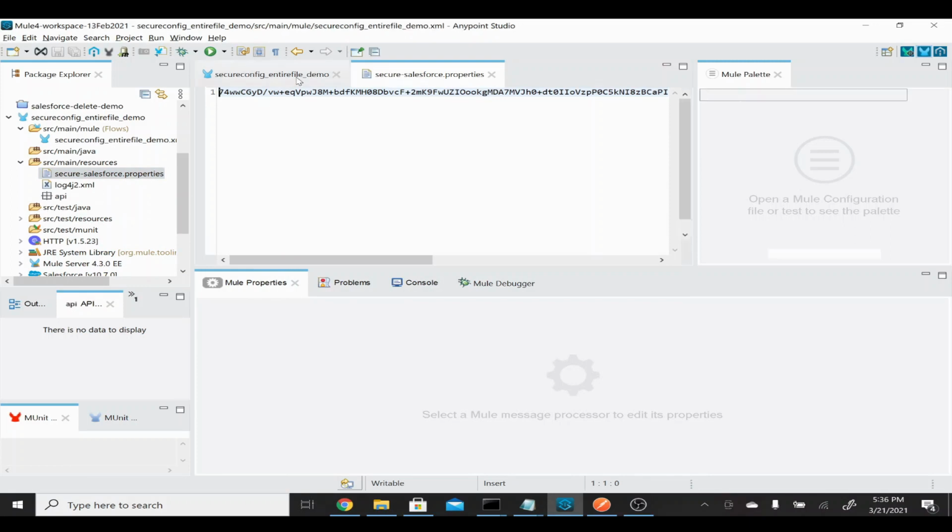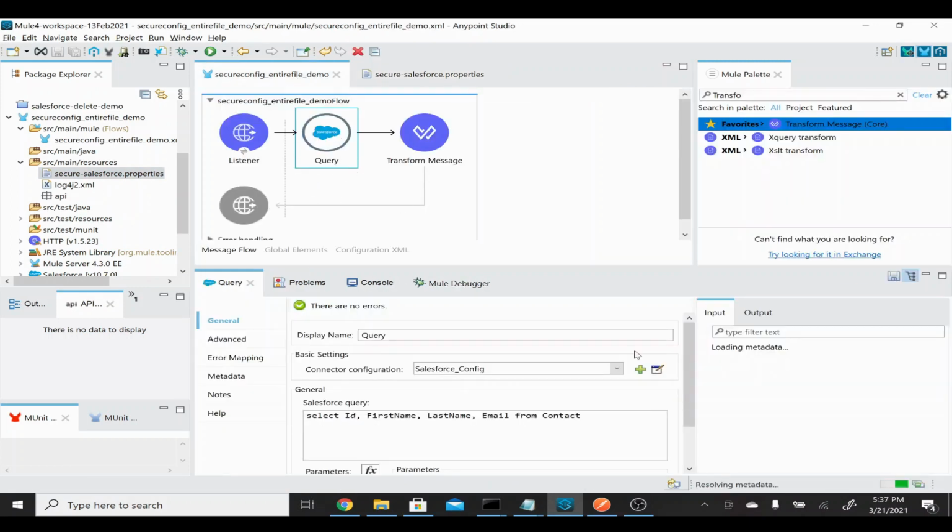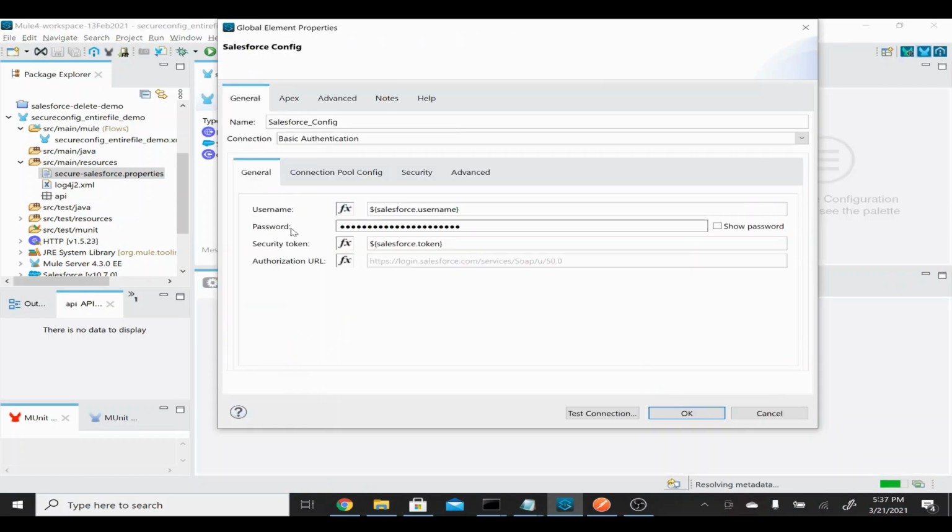So now we need to refer to this in our connection property, where instead of taking an individual key, I want to take it as an individual key only, but now it is coming from the secure config. So what do we need to do? You have to give secure double colon here. Then it will be treated as a secure configuration file. This is the same as when you encrypt individual line items also, we have to use the secure command, then only it will be able to take the values from that particular file. Now I'll just give OK.